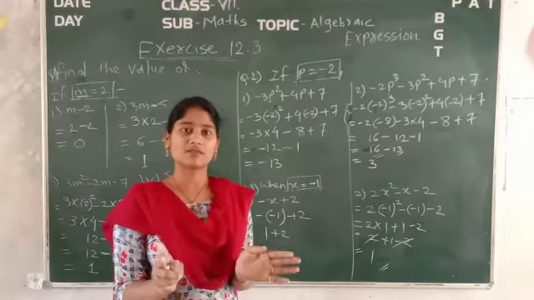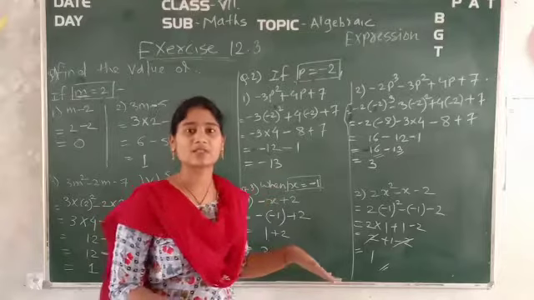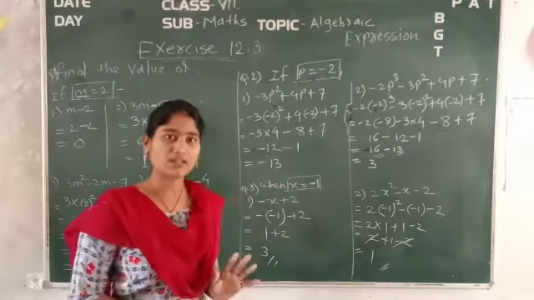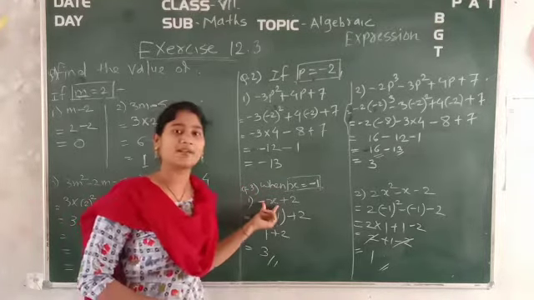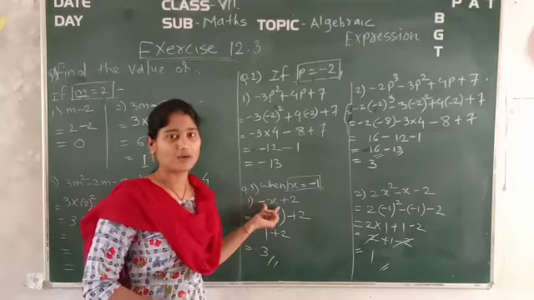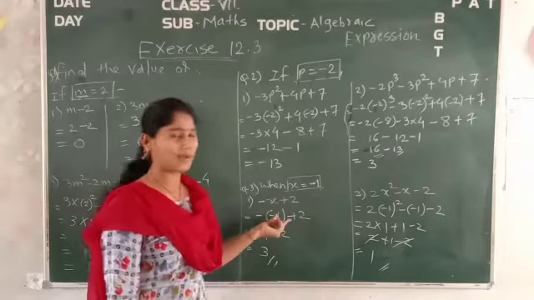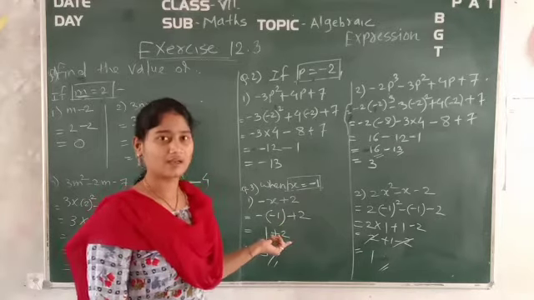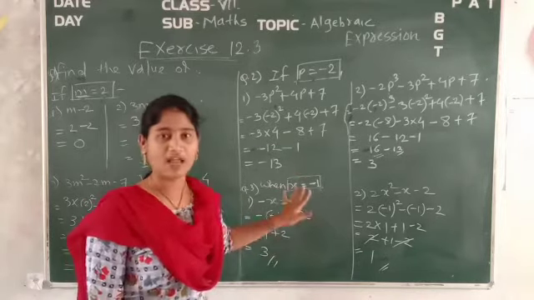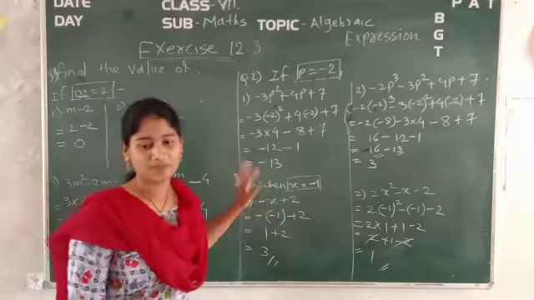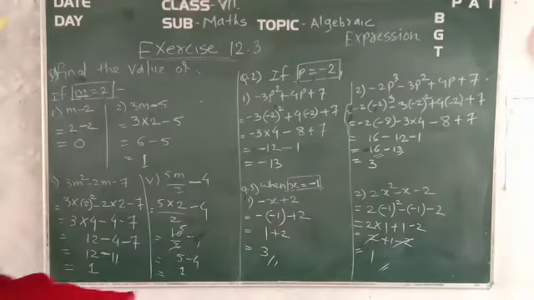Okay, what is the concept or what are the steps that you have to do? You have to put the value of the variables within the particular expressions. Okay, and after that you can calculate it easily by just applying some rules. Clear? Okay, now see, in that way we have solved this up to question number 3. Let's take another example, that is question number 2.